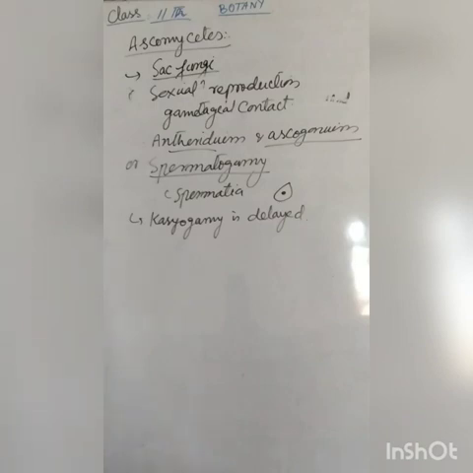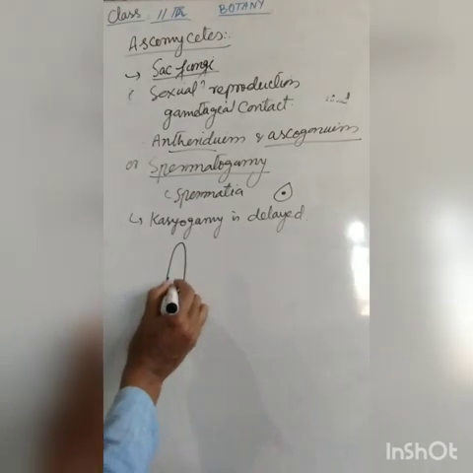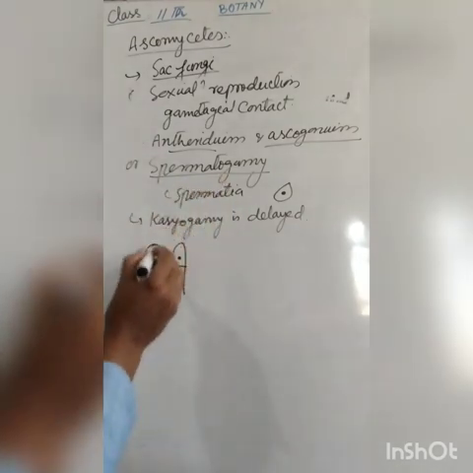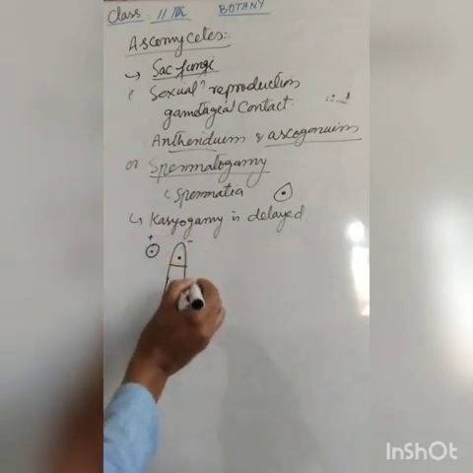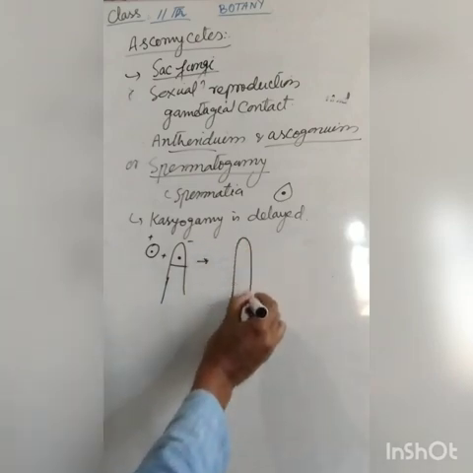So the cells may be each, now each dikaryon fuses by karyogamy, which leads to formation of a diploid synkaryon. You can say there is a hyphae, there is a cell, and there is a gamete. For example, this is spermatogamy, this is positive and this is negative. When they fuse, they form,